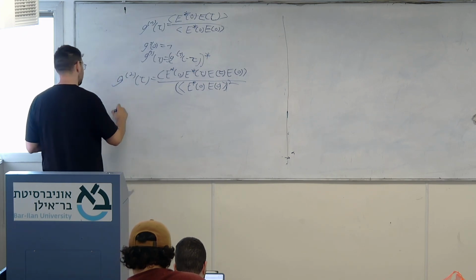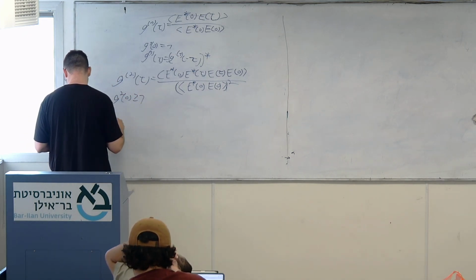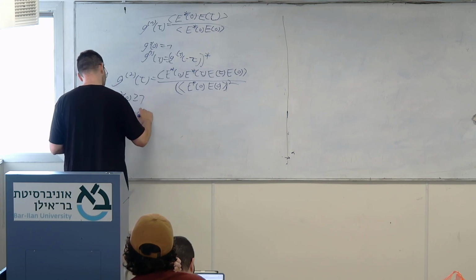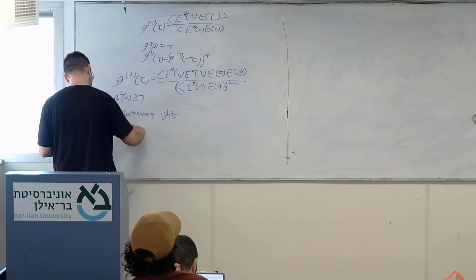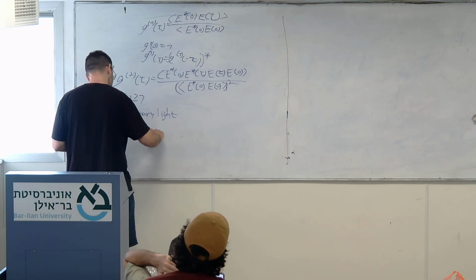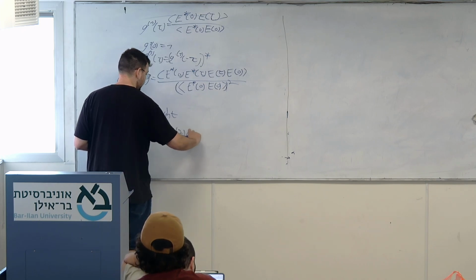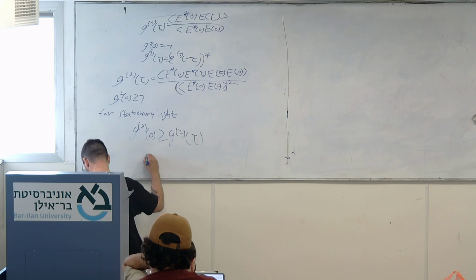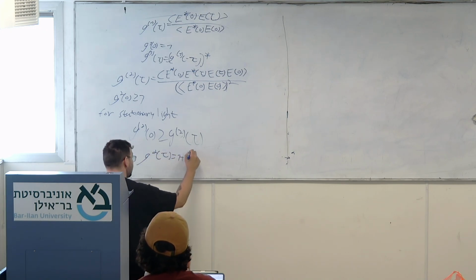Well, we also found that g2 of 0 is greater or equal to 1, and for stationary light, g2 of 0 is bigger or equal to g2 of tau, and finally, again for stationary light, g2 of tau equals